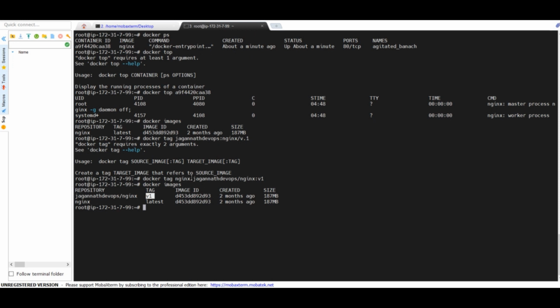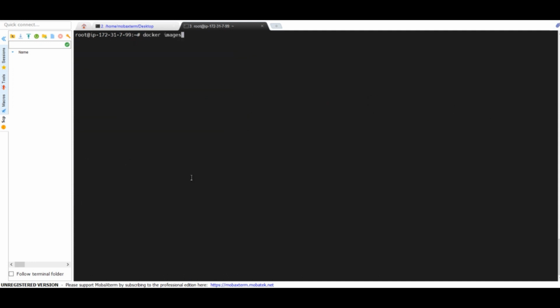What I will do now, we have already seen how to create the container. Now if you want to go inside the container, how to go? For example, this is the running container. Let me show you whether a running container is there or not. Docker ps. So this is the container. If I want to go inside the container, the command is docker